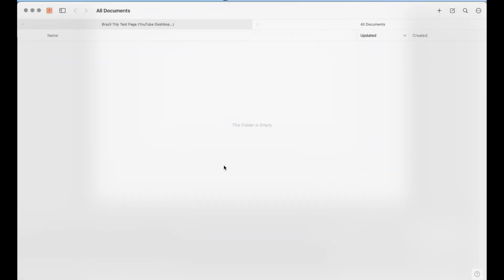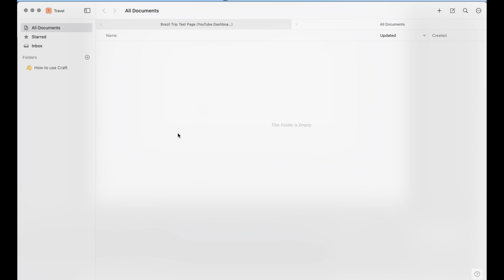So now it's time to set up some basic organization. And to do that, I click up here on that little icon so that the sidebar shows up. And here's another folder that we don't need, so I'm just going to go ahead and delete it as well. And the first thing that I would usually do is create kind of an inbox folder that stores all the temporary notes and the little snippets. But in the case of Craft Docs, this is already here, so I don't have to do that.